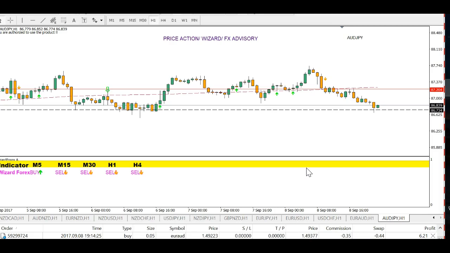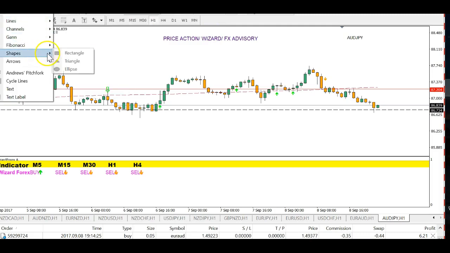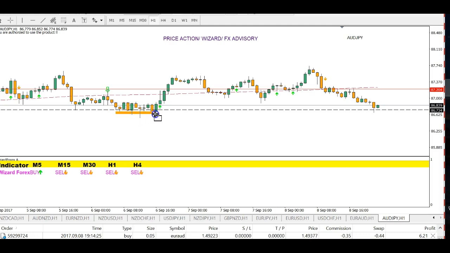Now, using price action alongside the Wizard Advisory Indicator to confirm what you see in price is what I'm going to show today. So, Australian yen. Notice here in this area of support, just highlight that area right there. We have several candlestick patterns essentially telling us that the market most likely is going to turn around and head north. Number one, we have